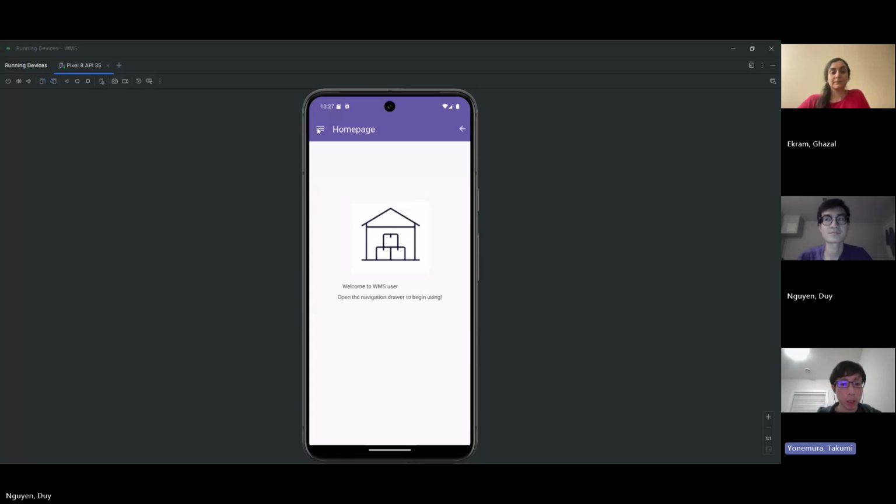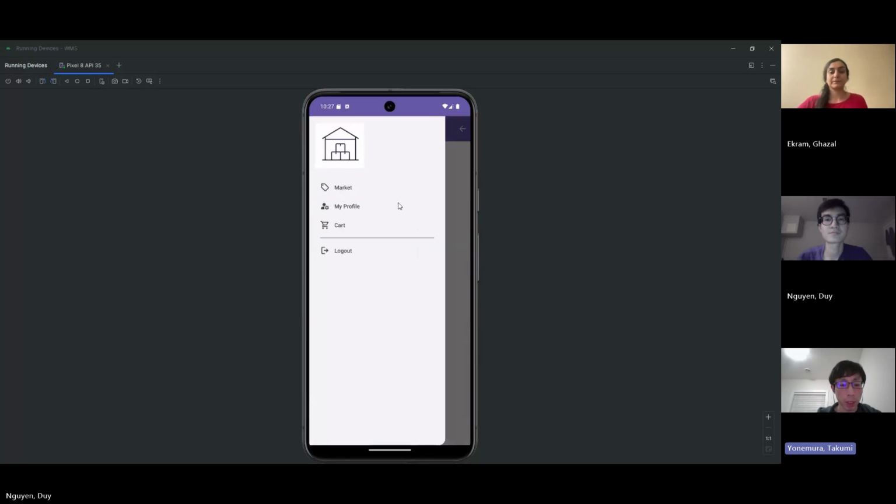The user can see the menu on the menu bar. There are four items: market, my profile, cart, and logout. So for the market,